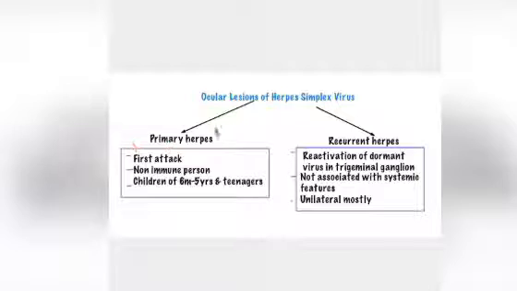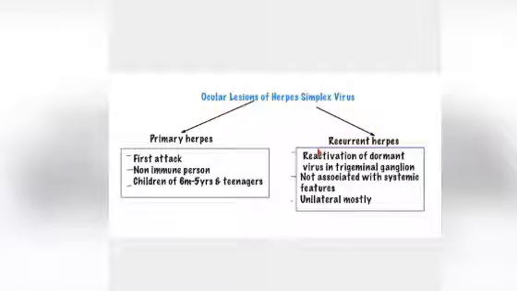So after primary herpes, the virus does not just exit the body as such, it goes and remains latent in the trigeminal ganglion. An important MCQ, where does the virus remain latent? In the trigeminal ganglion. So once the virus is reactivated after a period of time due to some stress or some stimuli which triggered it, it gets reactivated and then it causes the recurrent herpes.